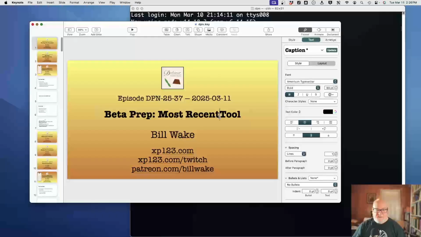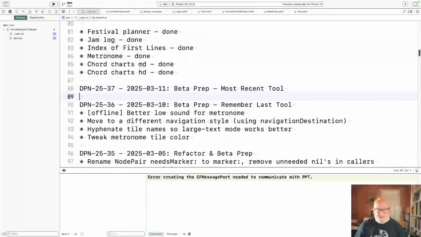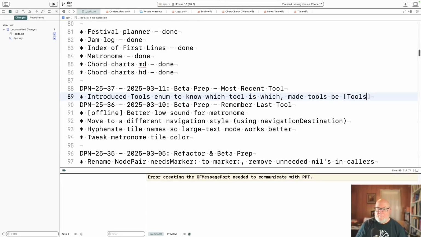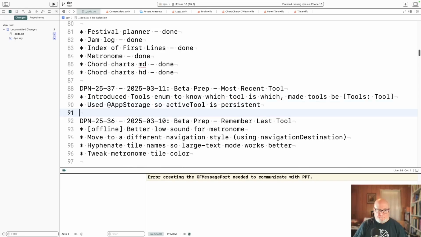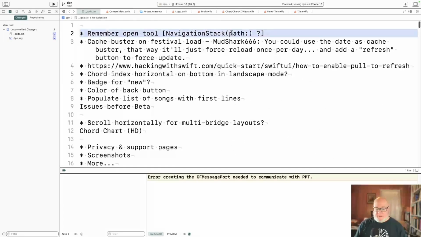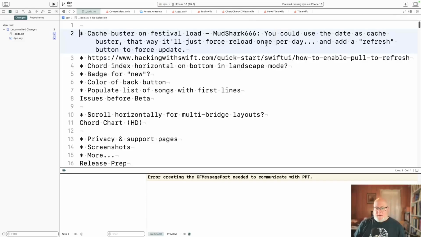I guess I could afford space there. Okay, good. Okay, so